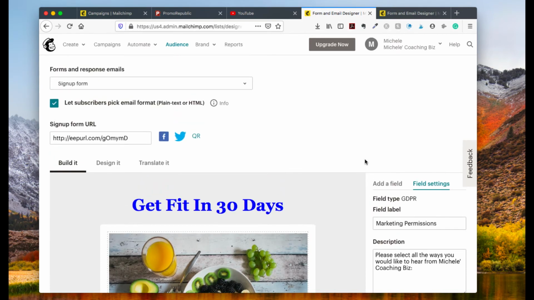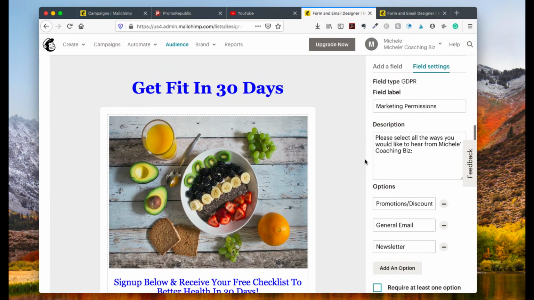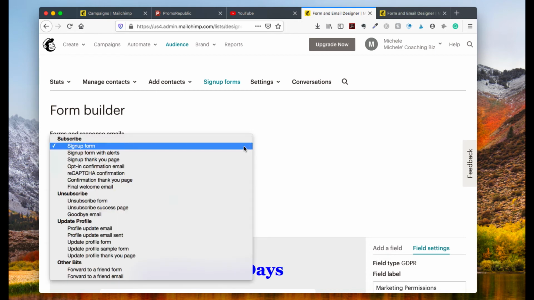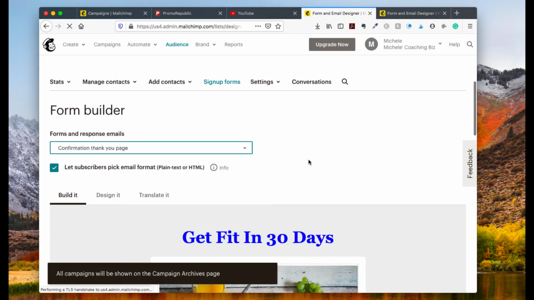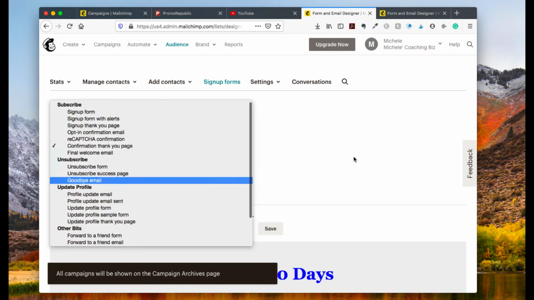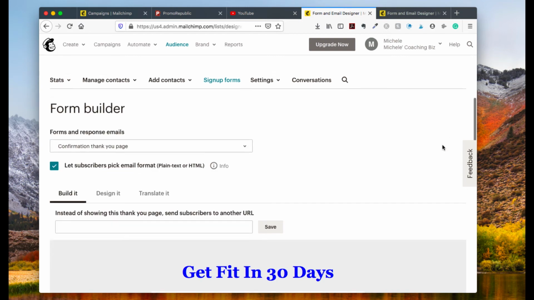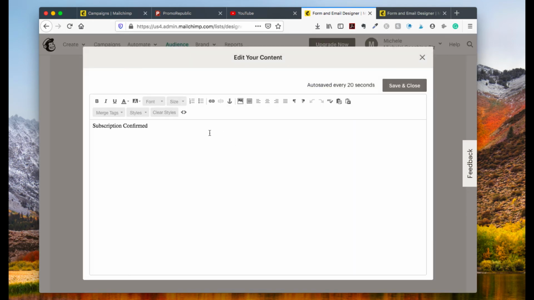Now, the next thing that I would suggest you need to do within this form is to set up a confirmation thank you page. So this is basically, let me go, my computer is getting on my nerves today. So it would say subscription confirmed. So you can go in here and you can say,